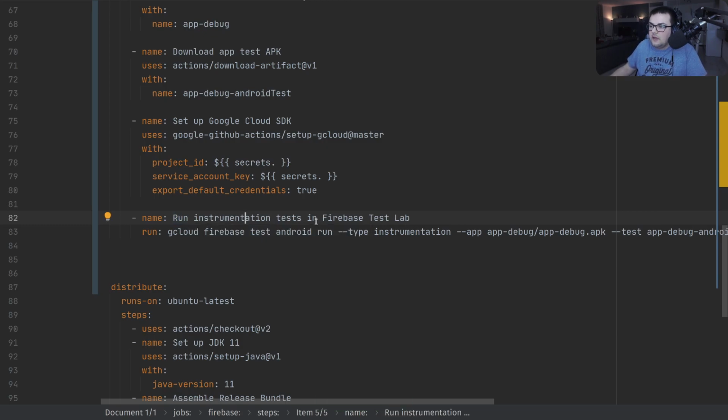So after we have that done, here I have another step, which is run instrumentation tests in Firebase Test Lab. So the command is gcloud firebase test android, and then we have to specify the type of test, because there is Robo, there is I don't know what is the other one, and the instrumentation as well. So our tests are gonna be instrumentation, and then we're gonna use that. And then we have to specify what's the app, which is inside the app debug folder, and it's app-debug.apk,